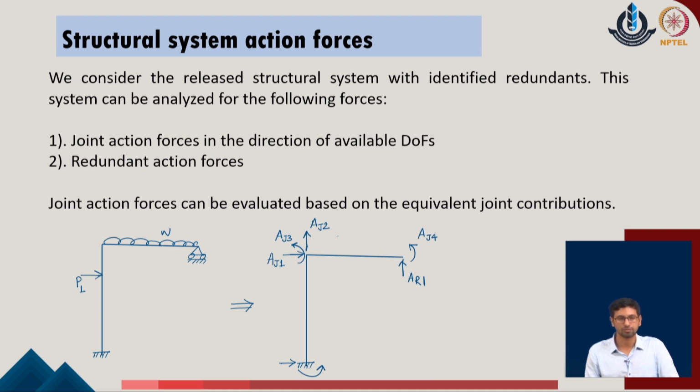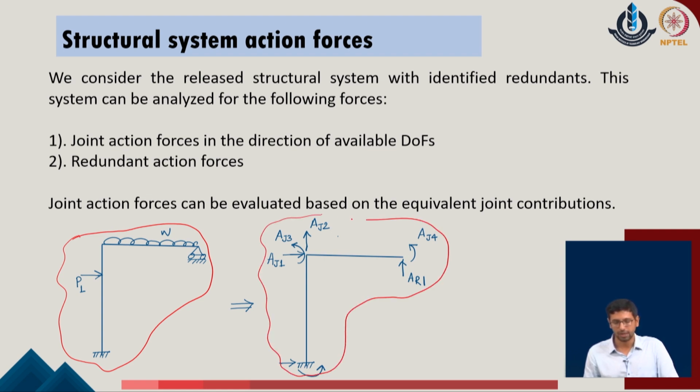So, when we consider the action forces on the structural system, which means the original problem which was given to us, we considered that all the loads are active only at the joints of the given problem, and with that idea we were able to convert the given problem into a system like this, where we now have a redundant active at one of the positions, and a system of joint forces which are active in the directions of the respective AJ1 to AJ4. Any of these forces could be 0 as well because of the external load not being active in those directions, but the general idea is that in simple conditions we can have all these joint action forces in the given problem.